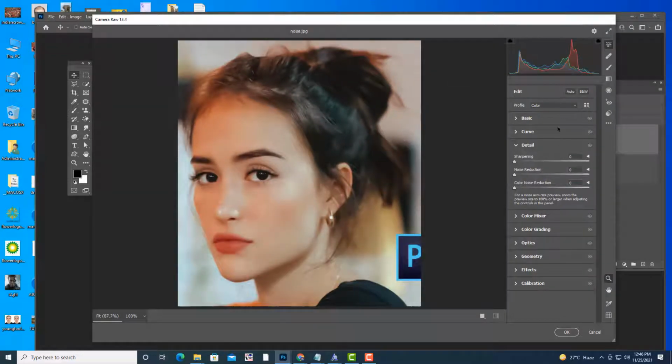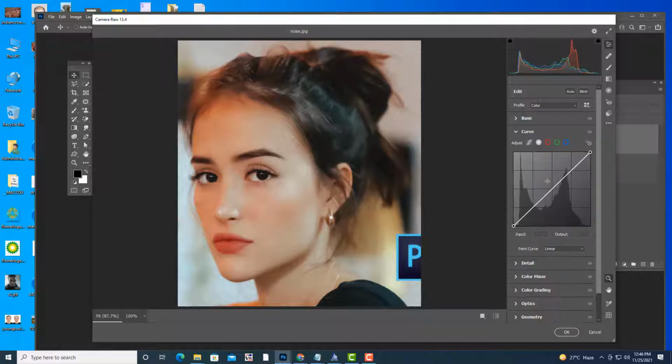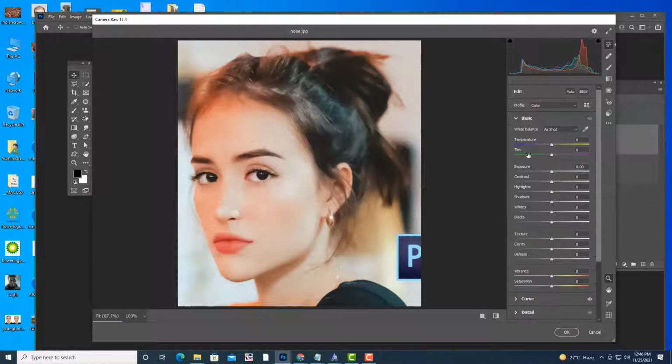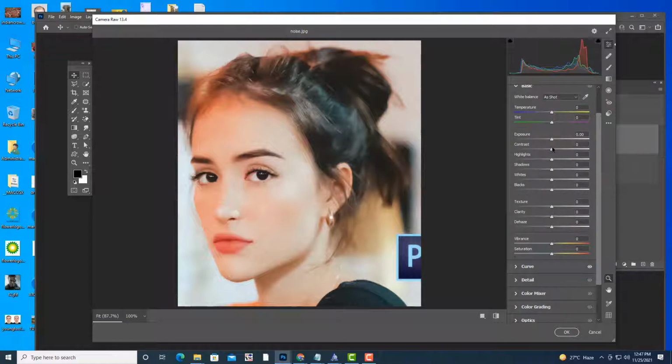You can make it more interesting by also using a combination of these curves. You can make it a little bit bright. You can also add some contrast here. Yes, you can do that, we will be learning in adjustments.